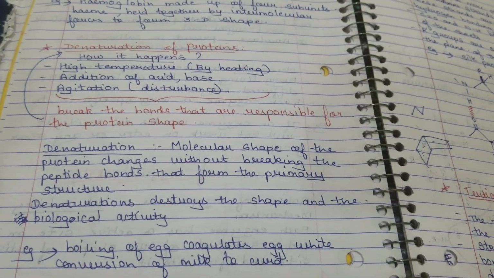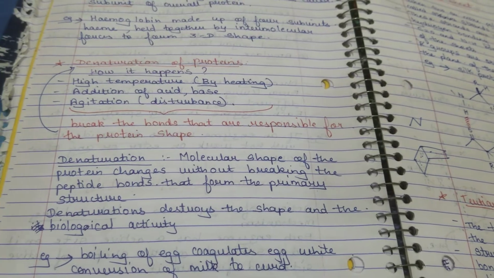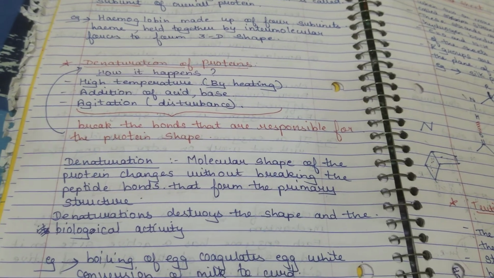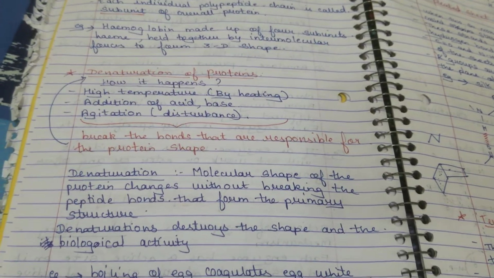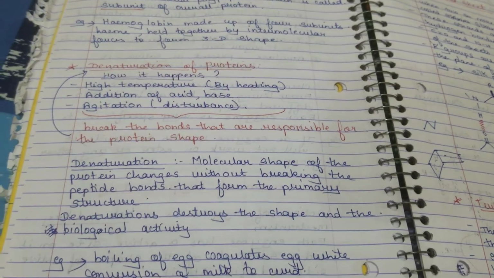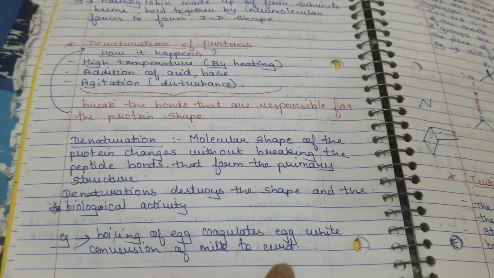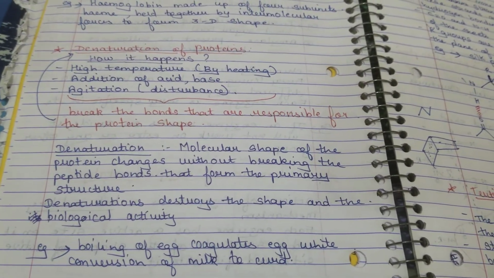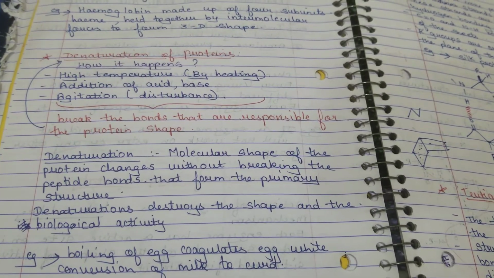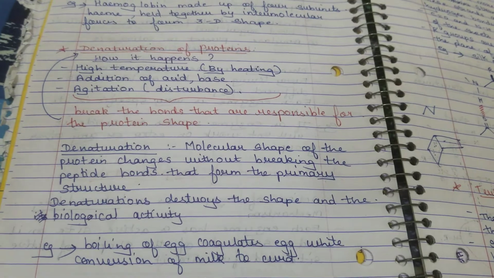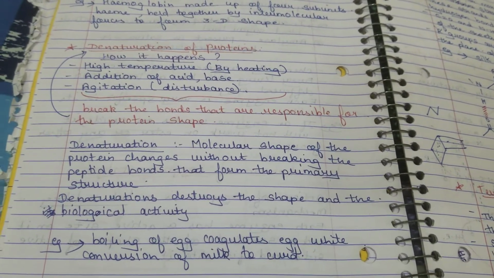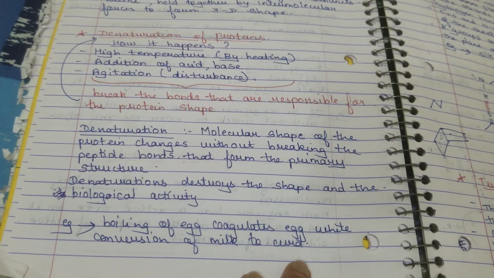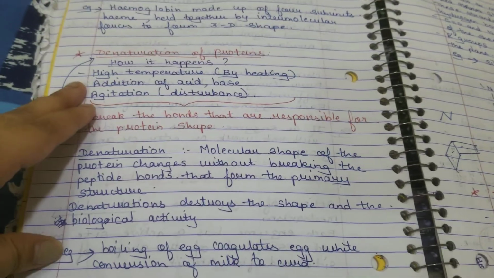Okay, so what is happening? Because you are boiling the egg, that means you are increasing the temperature. And what happens to the shape of the protein? The shape of the protein changes, hence from that sticky liquid appearance the egg becomes a little hard. Or even if you look here, conversion of milk to curd. Our curd, the yogurt, is the same thing we do. Milk is liquid. When you add lime, you are basically adding an acidic thing to milk. So what is going to happen? Again you are causing disturbance, and hence the structure of protein there breaks and your milk gets converted to curd. So, understood what is denaturation of proteins?